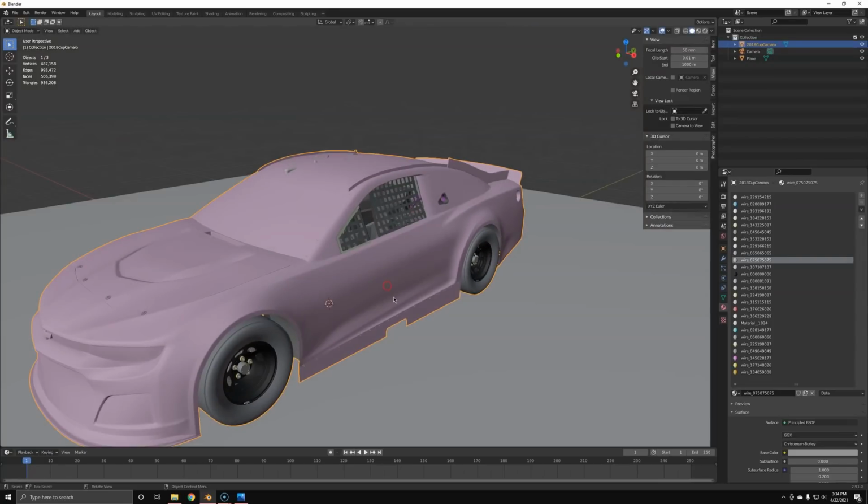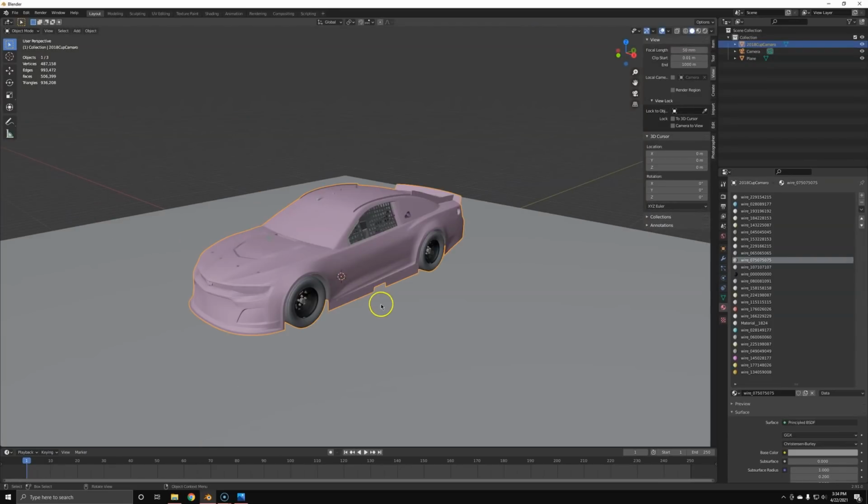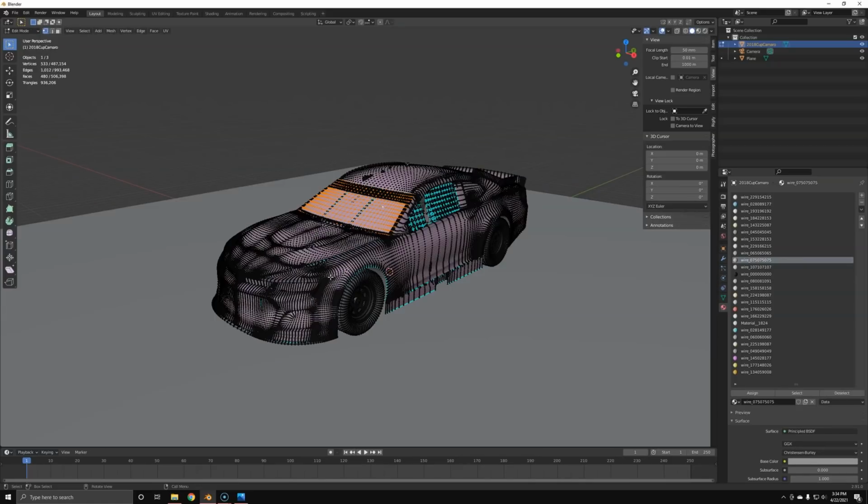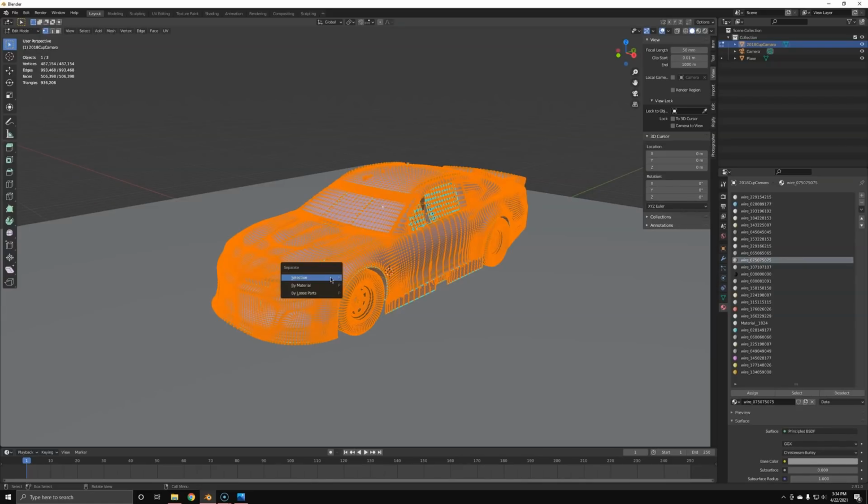So let's see, what do we have here? We've got, oh, one big car. Okay, so we're going to go to edit mode. And first thing we're going to do is select all, P, and by material, I'd say. We're going to split this car up so we can kind of control it. Now I see, so these are the materials of the complete car. So once done,